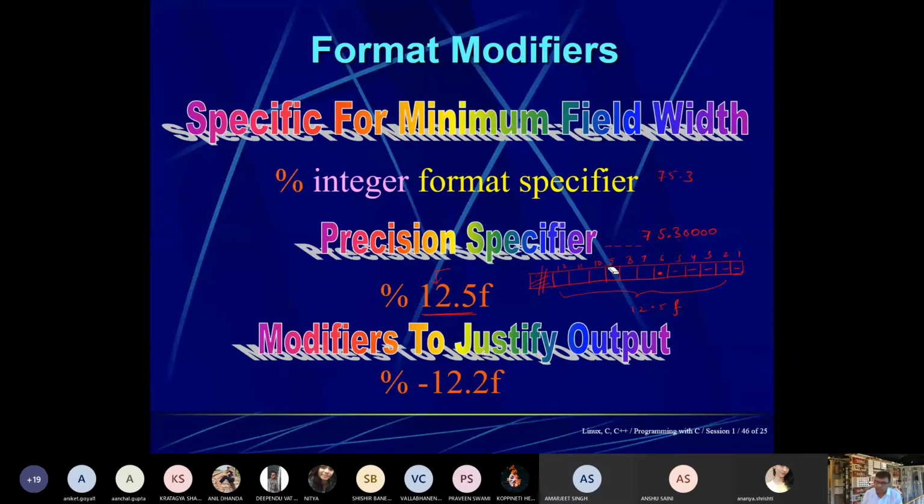If I consider left justification, the same thing applies, but it starts from the left of the screen. It will start writing 1 to 12, and the decimal places will again be there. So it will automatically start from the left-hand side. Let us see the impact of both in programming. Just remember this, or let me show you.